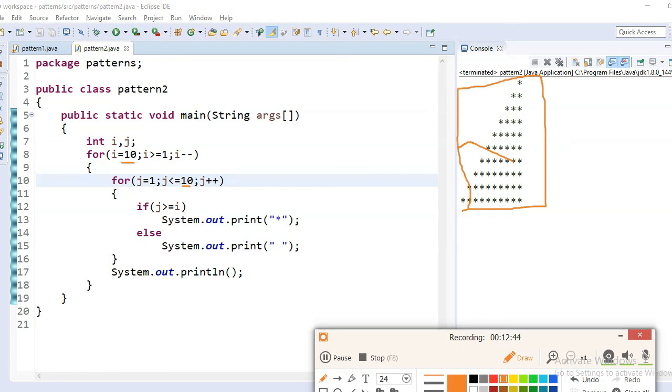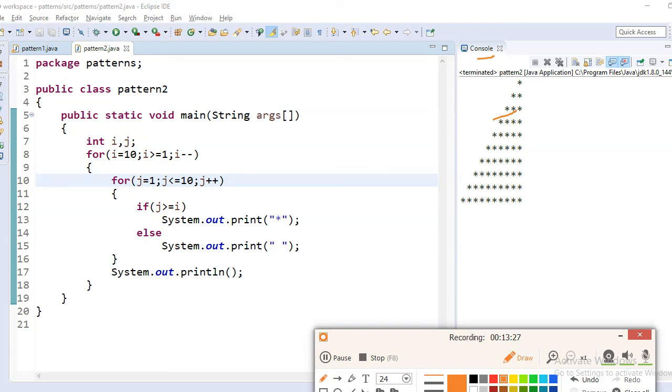But as a programmer, we don't write like this. In my first video I told you I am writing every program in the generalization method. Generalization means that if you give any number in the console page, based on that number the stars will be printed. So now we are going to that generalization form.